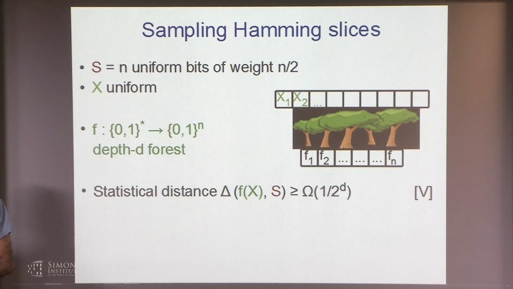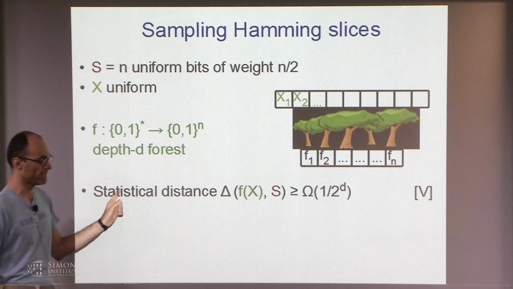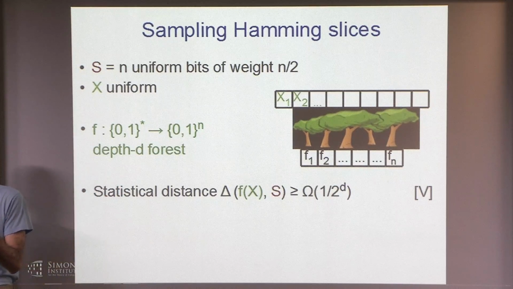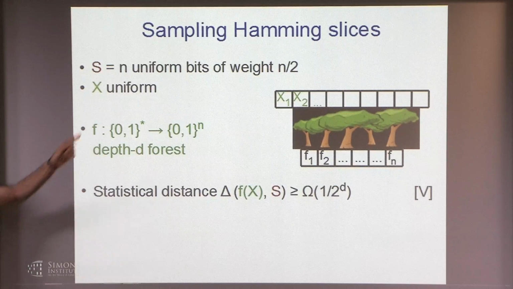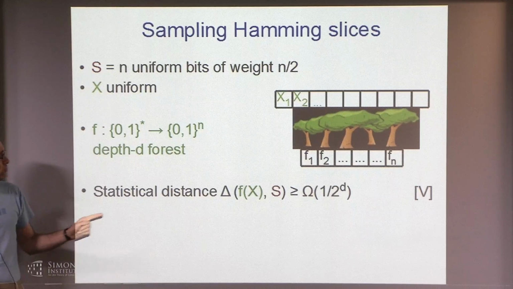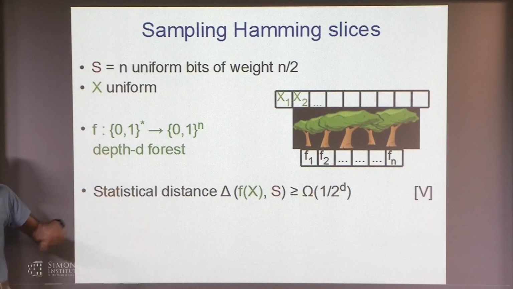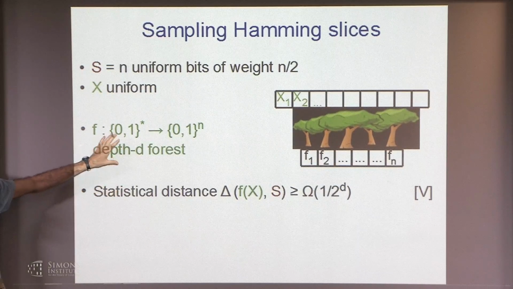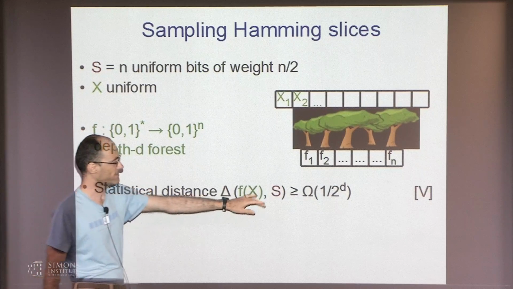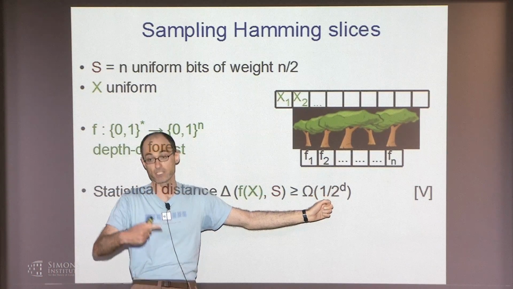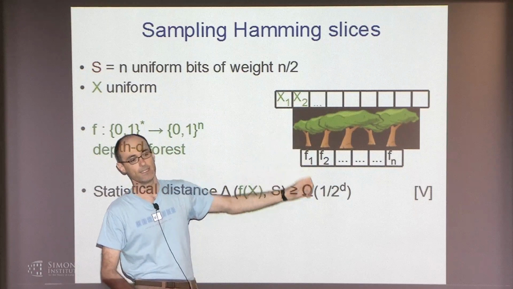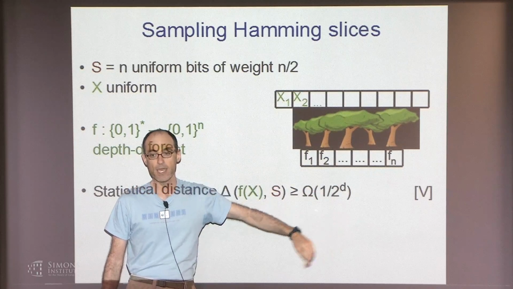I'm just going to sketch it in words. So how do you prove this thing? Well, let's look at 10 bits of the distribution. Okay. So here, these 10 bits are very close to uniform. Okay, not exactly, but very close. So they should also be very close to uniform in F. Okay, if they're not, then because they're sampled by a small depth tree, they must have a distance from uniform, which is at least this, which is much bigger than that of S, and so you get this lower bound.